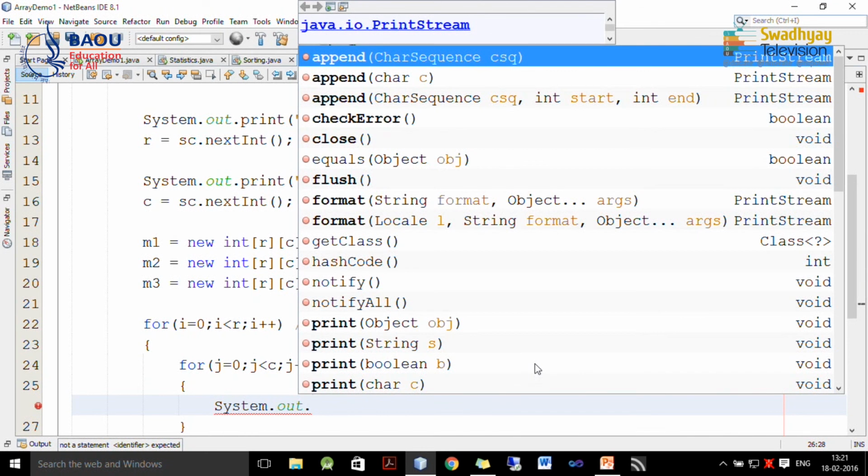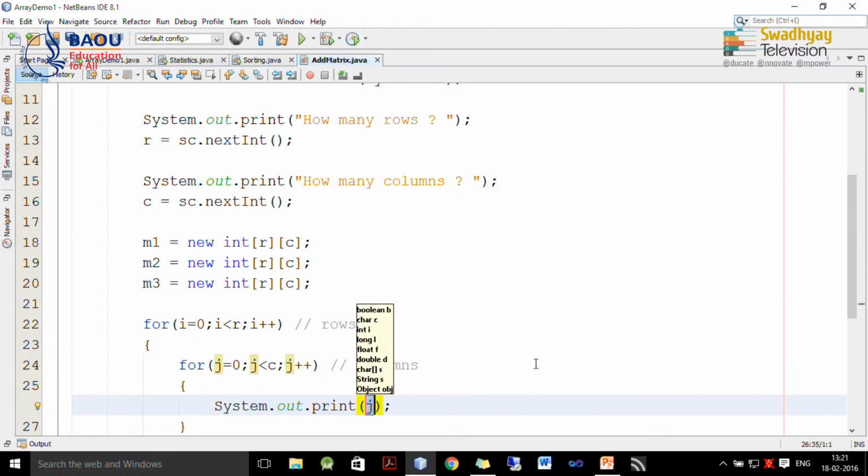So, here I write down enter element. Now, remember the first is i and second is a column.